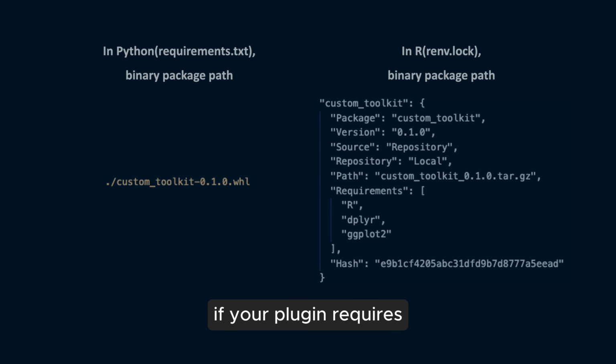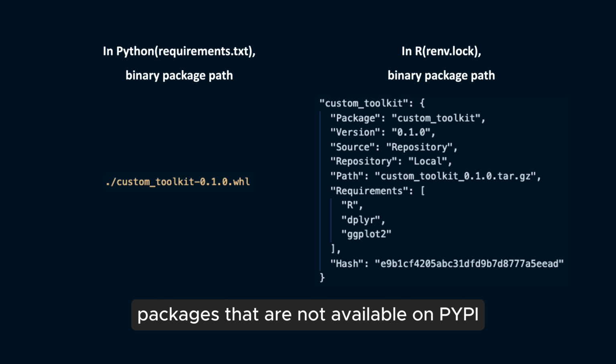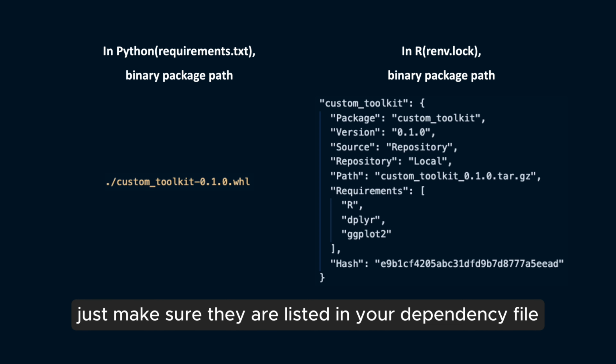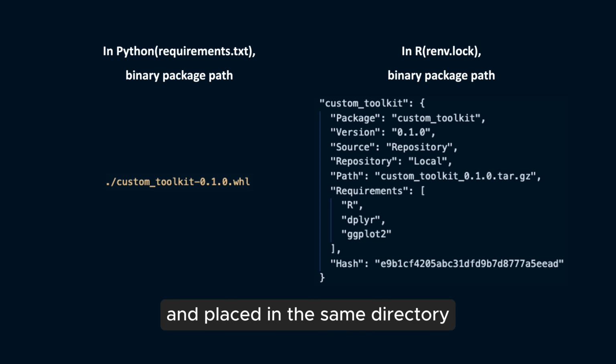If your plugin requires packages that are not available on PyPI or CRAN, you can upload .whl or .tar.gz files directly. Just make sure they are listed in your dependency file and placed in the same directory. Now we're ready. Next time, we'll upload these scripts as a plugin,